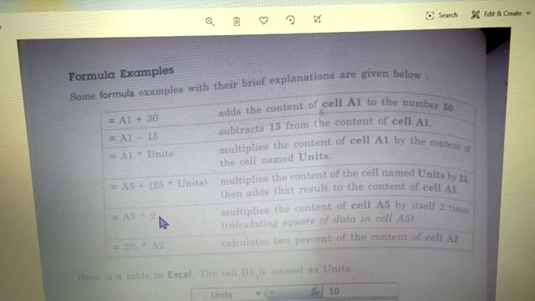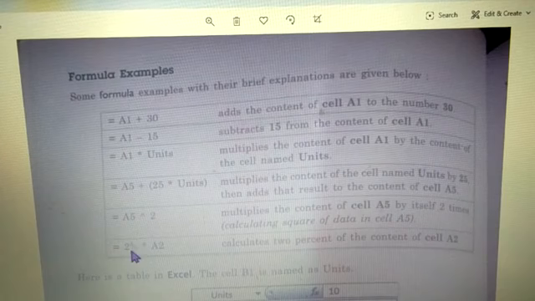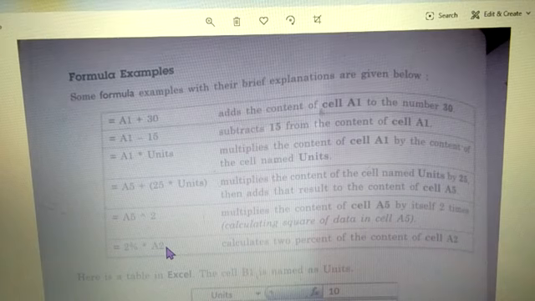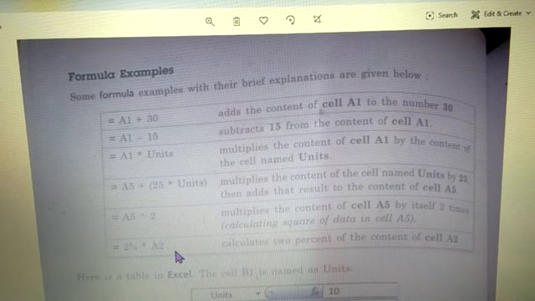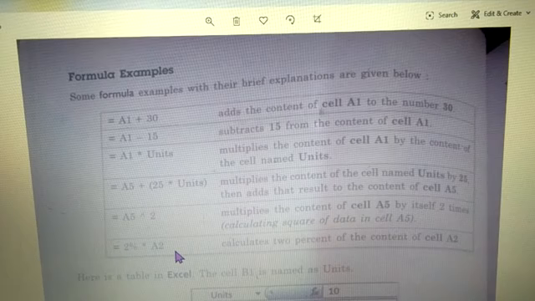Like A raised to power 2 is A into A. So A raised to power 5 means A will be multiplied by itself 5 times. Now 2% into A2: 2% of whatever value A2 has will be calculated. This is how Excel will perform for you. You just have to write the correct structure of your formula, and only then will you get the desired result.